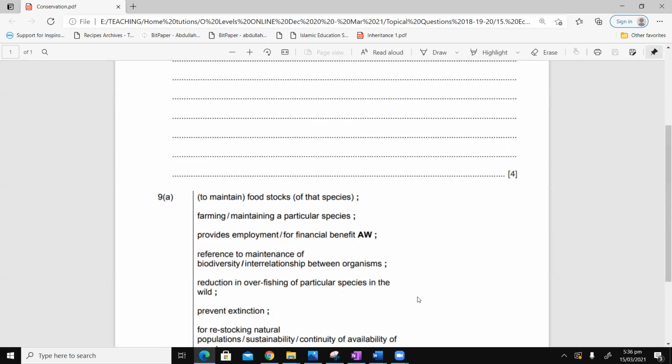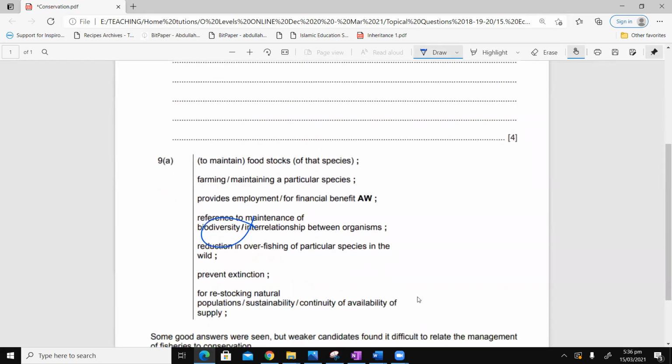And then reference to maintenance of biodiversity. What is biodiversity? The word bio means living, so there is a variety of living. If you're not conserving species, then you're actually letting the variety finish. So it is in that context that they're saying the maintenance of biodiversity. Reduction in overfishing of particular species in the wild that prevents extinction, for restocking natural populations, sustainability, continuity of availability